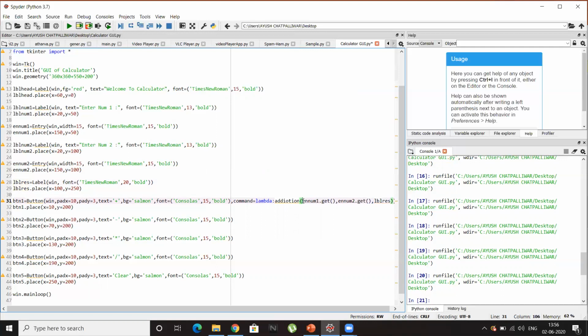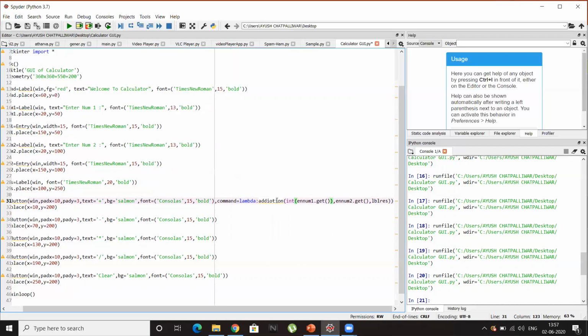But one thing guys, one thing we have to take care of is that whenever the user enters any input in the entry box, the input is in string format. I think I have explained this scenario in a previous video. So to change the string into numbers, we'll do a typecast. To change that string into a number, we'll simply use the int function. So this complete en_num1.get() will be inside this int function.